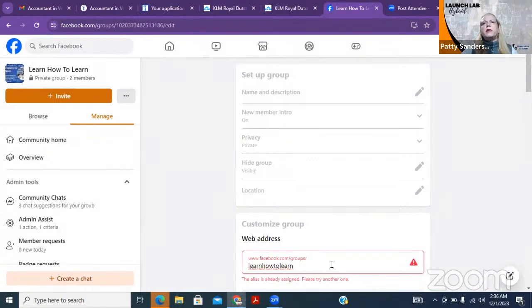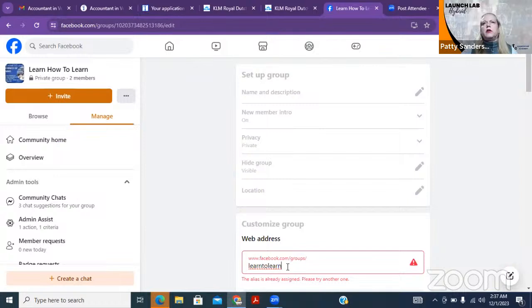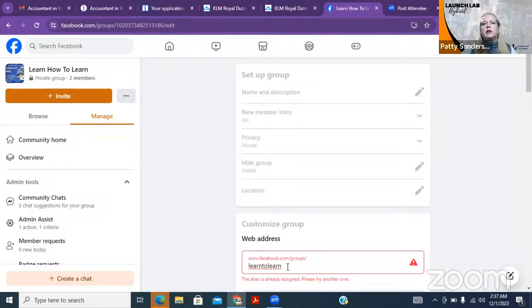Okay, so someone must have a group that's similar to that. It's better, so learn to learn. Okay, do learn. Nobody has it too. Learn how to learn. Do learn how, and then the number 2